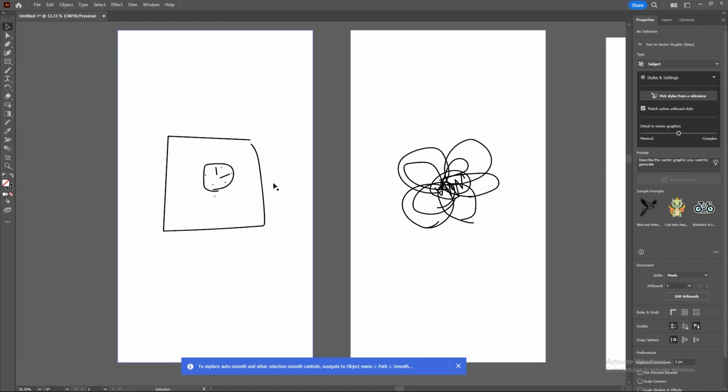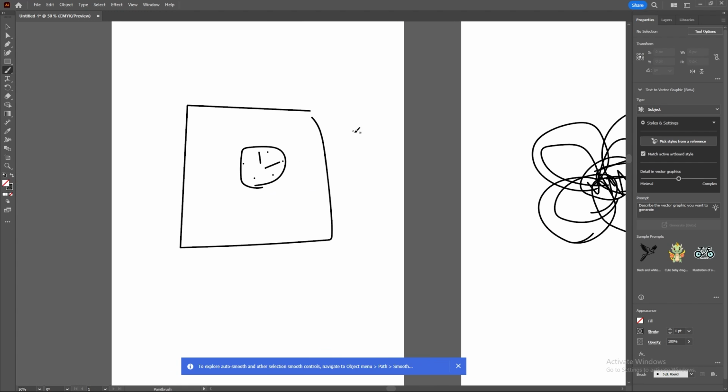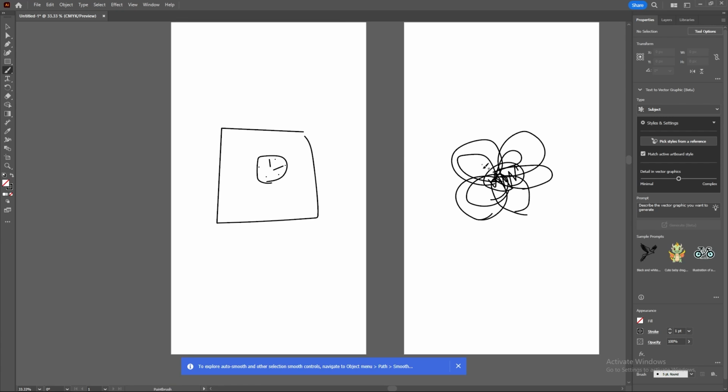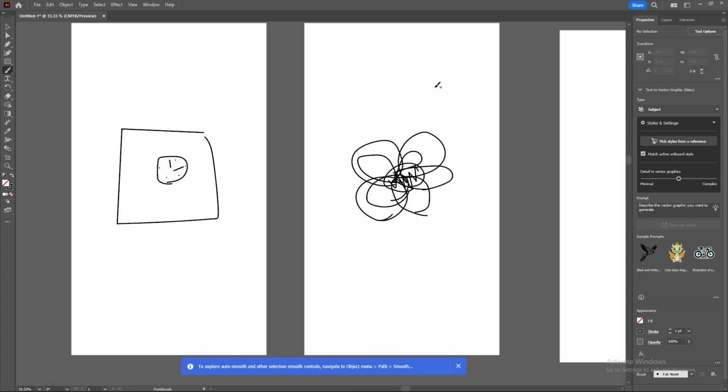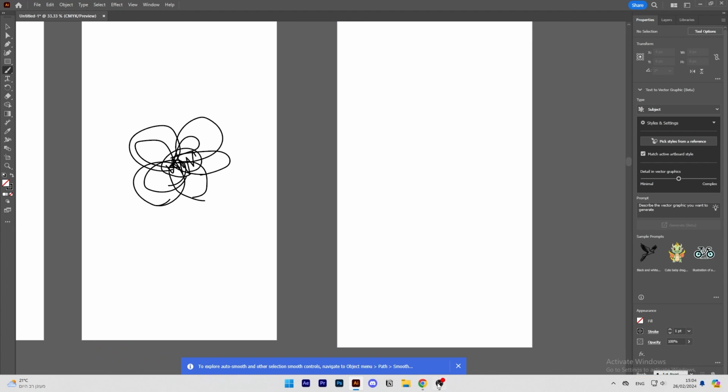We can also do an easy transition to this. Maybe the clock can turn into this circle, and then all the big circles will come out from it, like this, and it will be like this. I know it's very messy, but bear with me, trust the process, it will be nice.